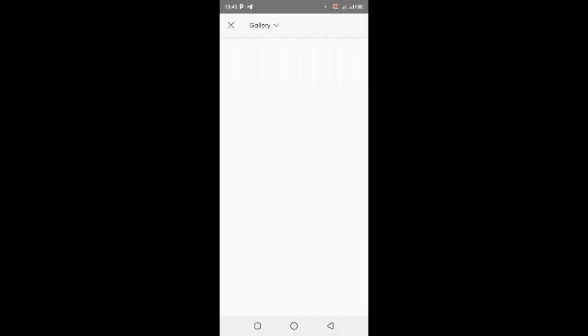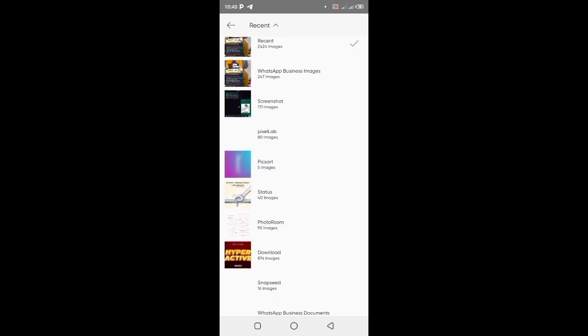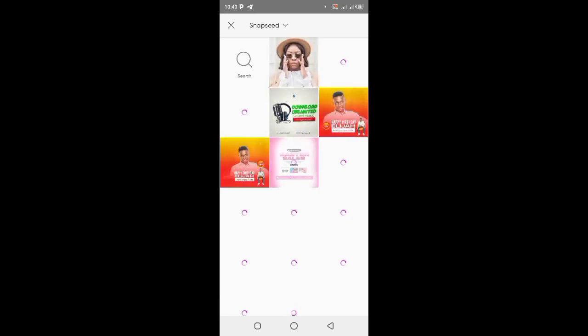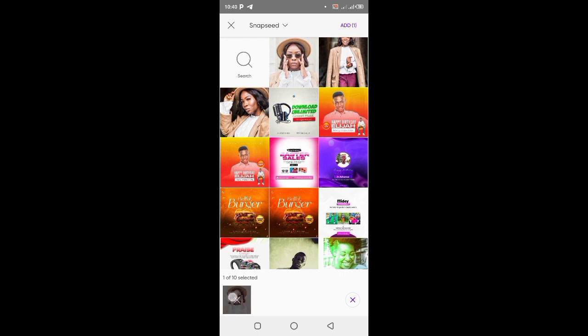So you click on add photo. This is the option for adding a photo. Just come to my gallery now and just add a photo. Let's use this. Okay, right here, when you tap on this image, you can see it below here. You can actually cancel it. Let's select multiple. So you can see you can cancel this, and you click on add. So when you add it,